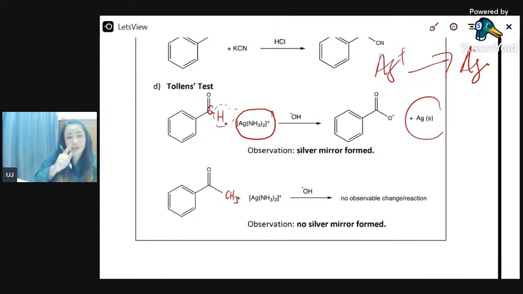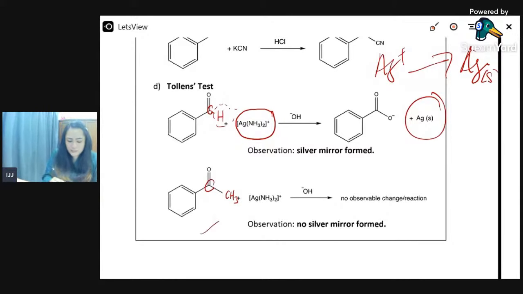That's why you can see the silver mirror form on your test tube. Sebenarnya itu adalah Ag plus yang undergoes reduction becoming argentum solid. That's why dia terus termendak dalam kamu punya silver mirror. But if it's ketone, because your carbon here do not have any halogen, so when you react dengan Tollens reagent,